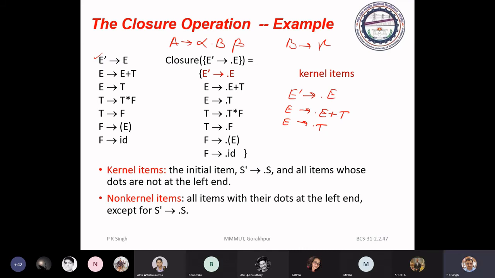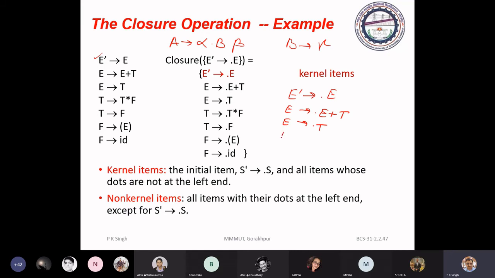Now see this, dot T. You have a non-terminal T just after dot, and here you have non-terminal T on the left of the production.